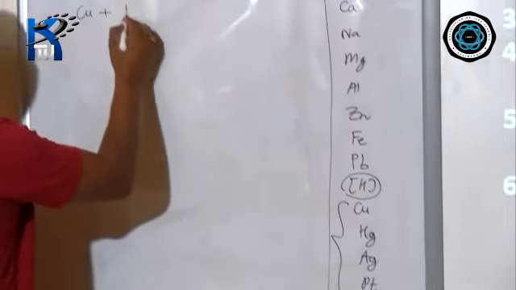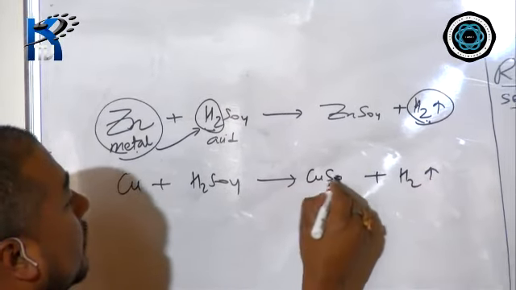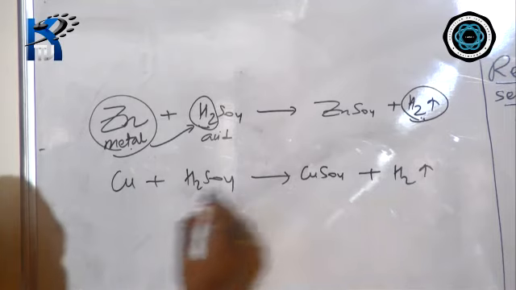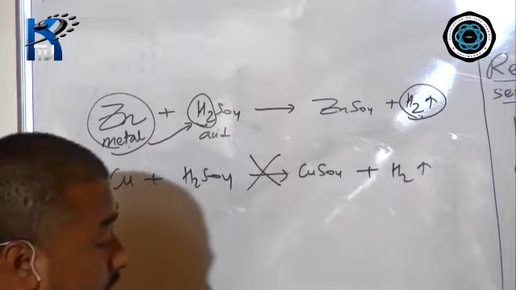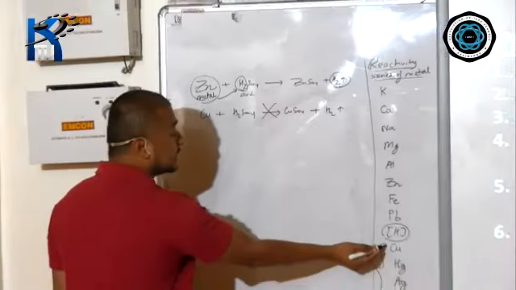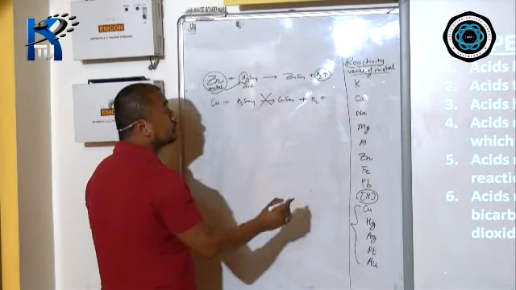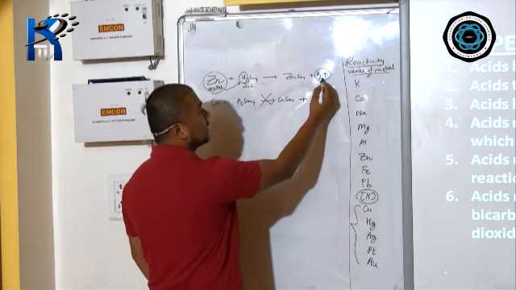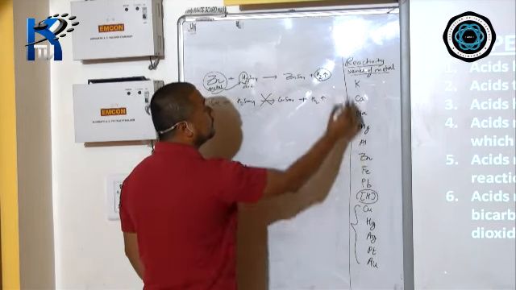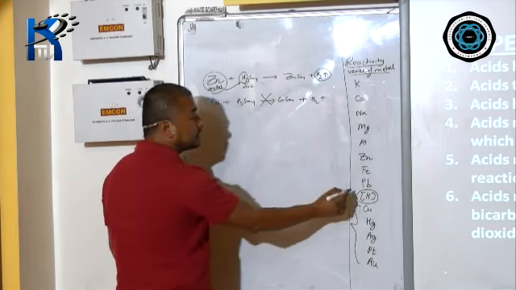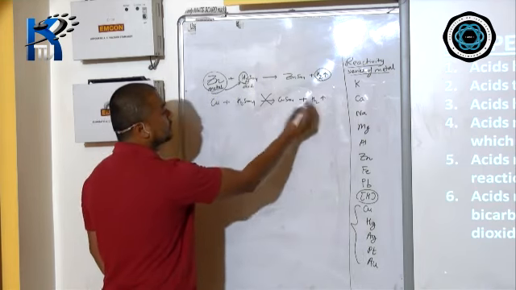So, whenever you react copper with sulfuric acid, hydrogen gas and copper salt, many will frame the reaction this way: H2 out, CuSO4. But this reaction is not going to occur. Reason: copper is below hydrogen in the reactivity series, therefore it is less reactive than hydrogen. As a result, it cannot displace hydrogen from acid. So do remember, acid reacts with metal to liberate hydrogen gas, no doubt, but not all metals. Only those metals which are above hydrogen are responsible for liberating hydrogen gas from acid, but the metals which are below hydrogen are less reactive, therefore they cannot displace hydrogen from acid, meaning hydrogen gas will not get liberated.